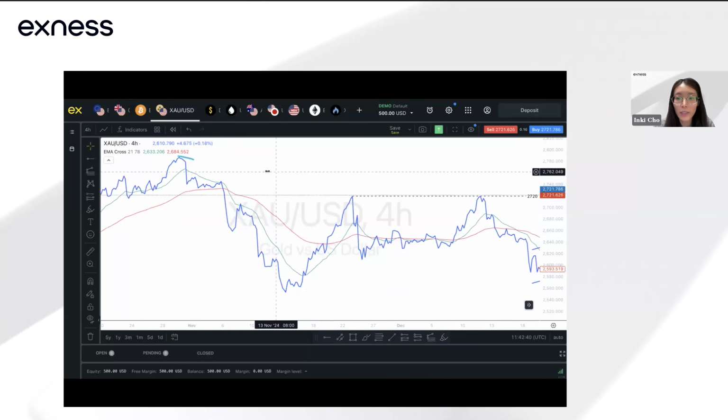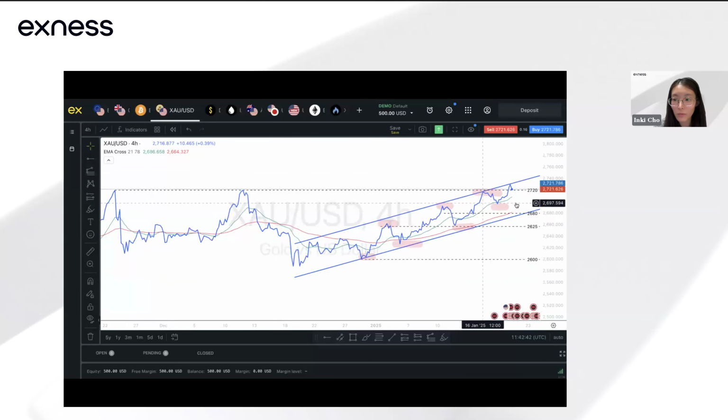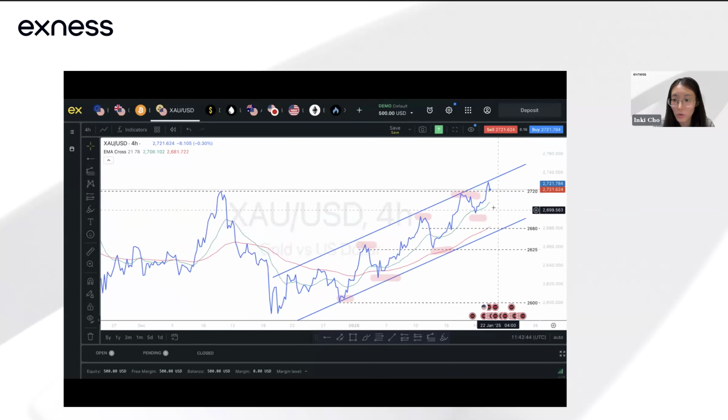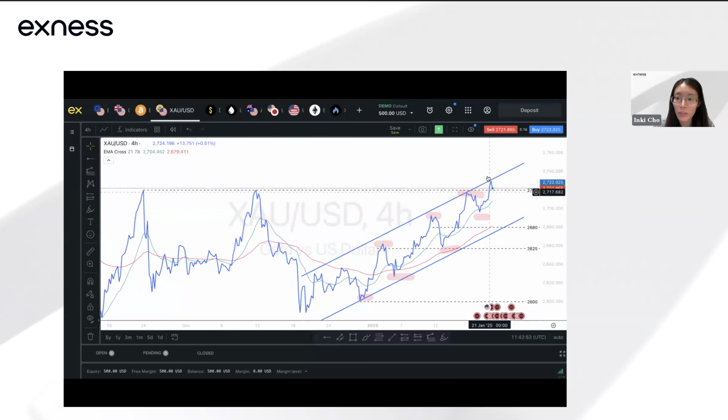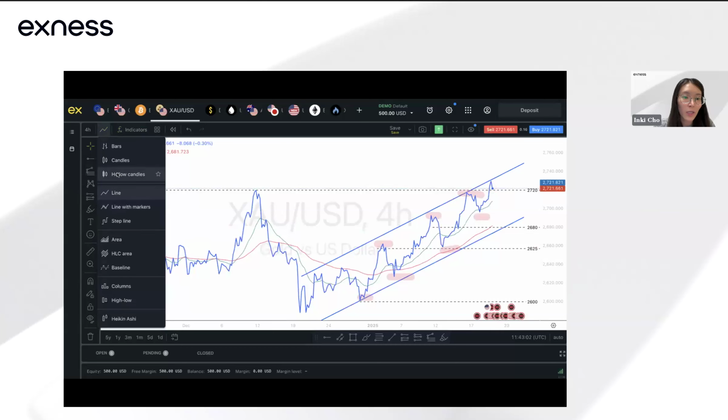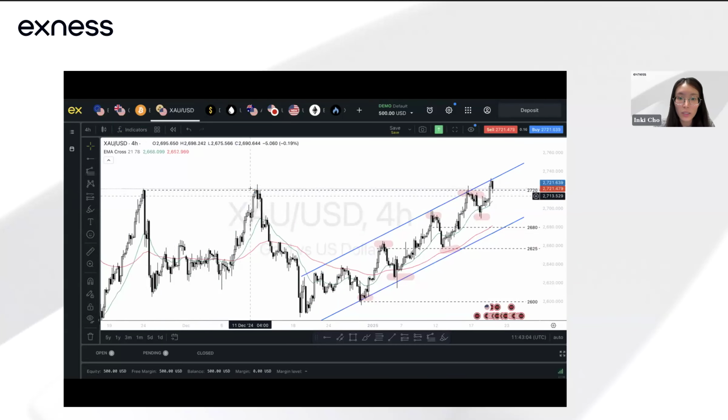Okay, so that's on gold. These are the key levels for me on the 4 hours time frame. You can see that it's the 2680 support level, the first level, that coincides with the ascending channel's lower bound. And then price is currently testing the 2720 resistance on the daily. It's also an area that coincided with these two highs that were observed in December and November. If you take a look at it based on the candles, these are the highs that we have, these two areas here, and we have that price wick slightly above it.